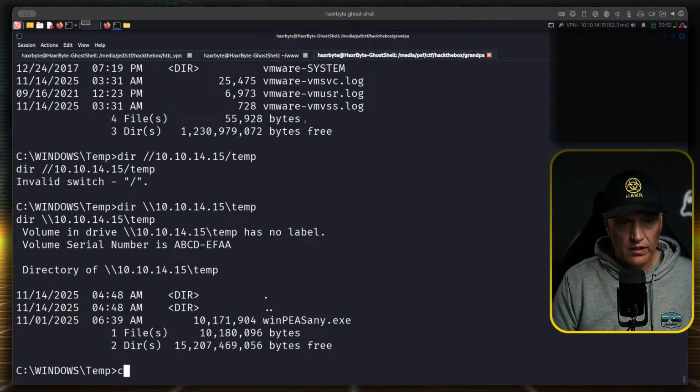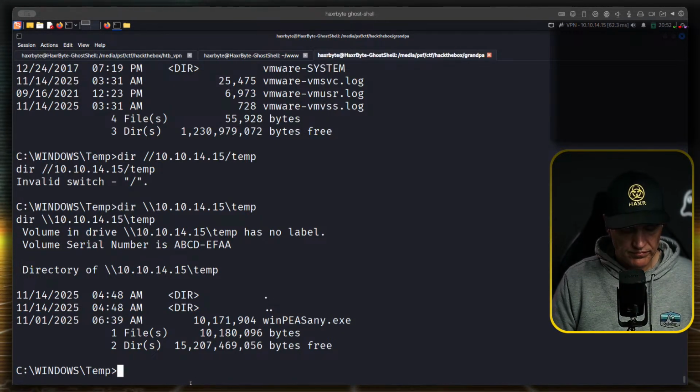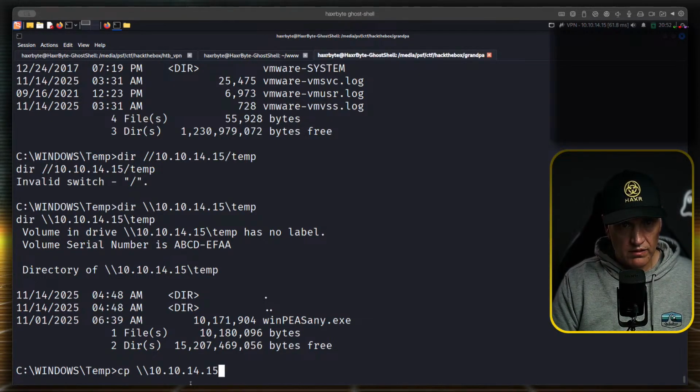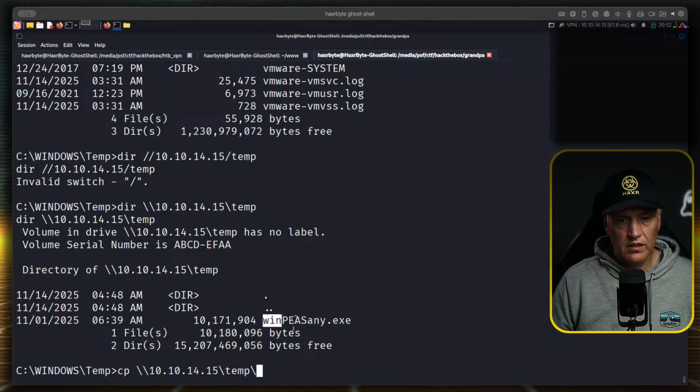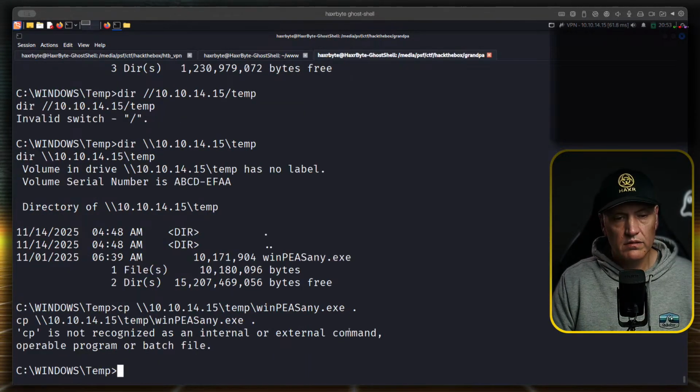Yes, so we can. So that's our SMB server running on my machine. So if I copy from 10.10.14.15/temp/winpeas to here,